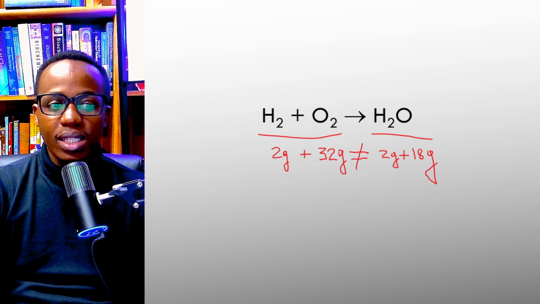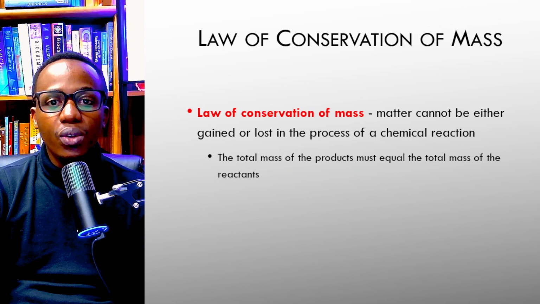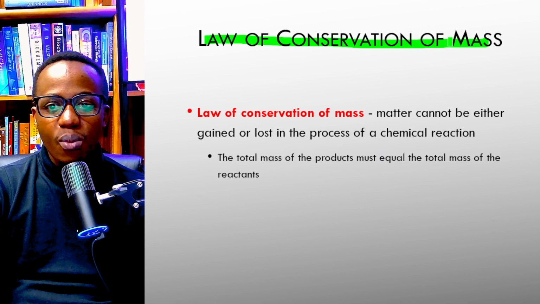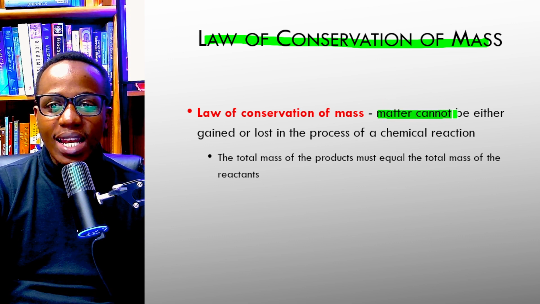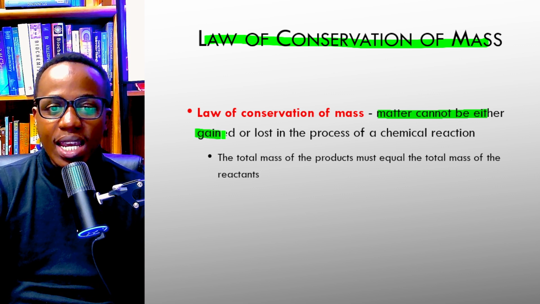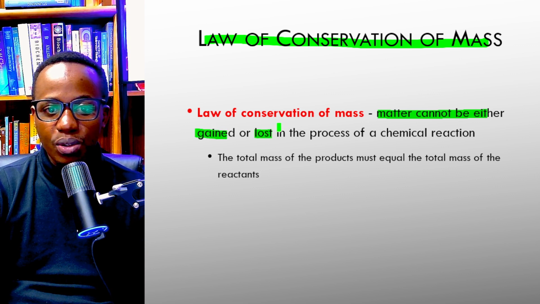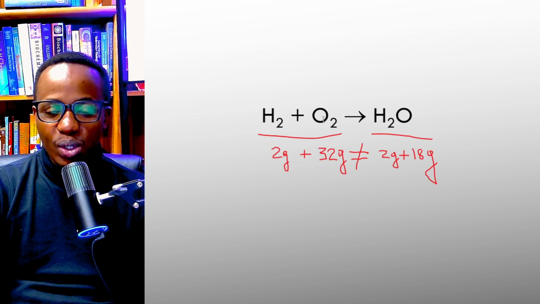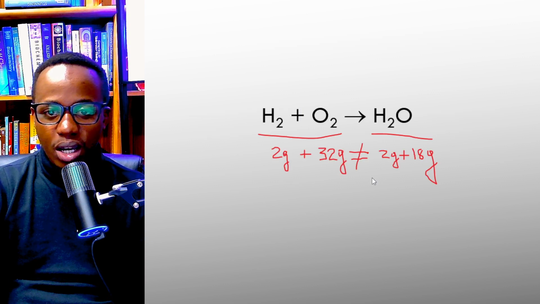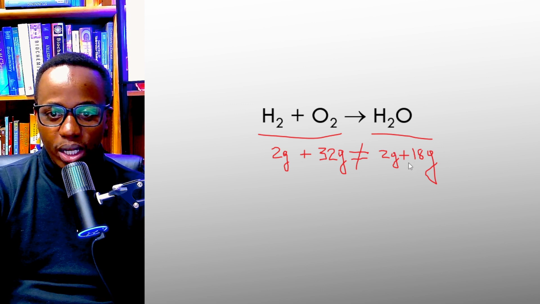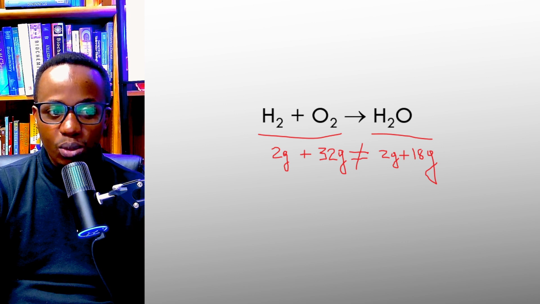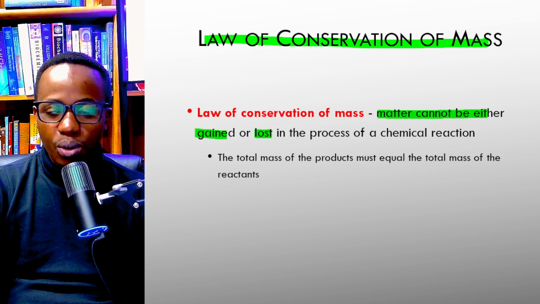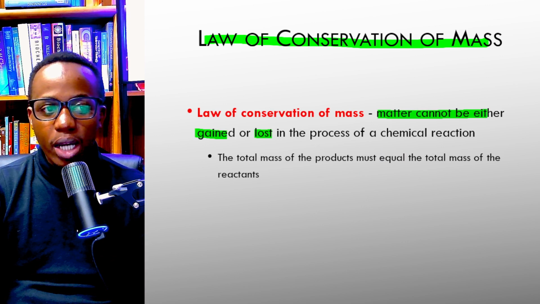They are violating what we call the law of conservation of mass. What does it say? The law of conservation of mass is saying that matter cannot be either gained or lost in the process of chemical reaction. So in the process of chemical reaction, you cannot start with 34 and end up with 20 grams. We are violating a rule. So we balance our equations,